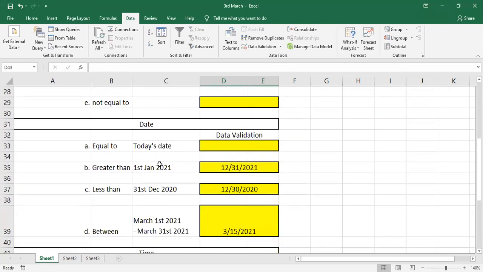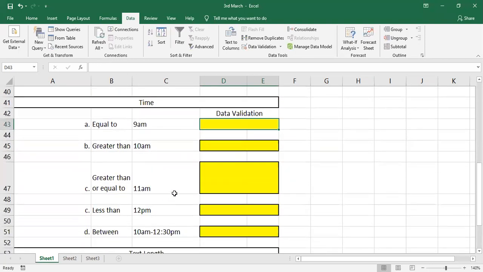So what we did here, it is for date. Okay. Now let's see how to use it for time. So here, whenever you are giving a time, you have to first specify hours, minutes, and seconds. Okay. Now, the current cell which I have selected is an active cell. Active cell is nothing but the cell which is currently in use, which you have selected. Now, which cell have I selected? I have selected cell D43. Now, that cell should accept only 9 o'clock, that is 9 a.m. It should not accept greater than 9 o'clock.